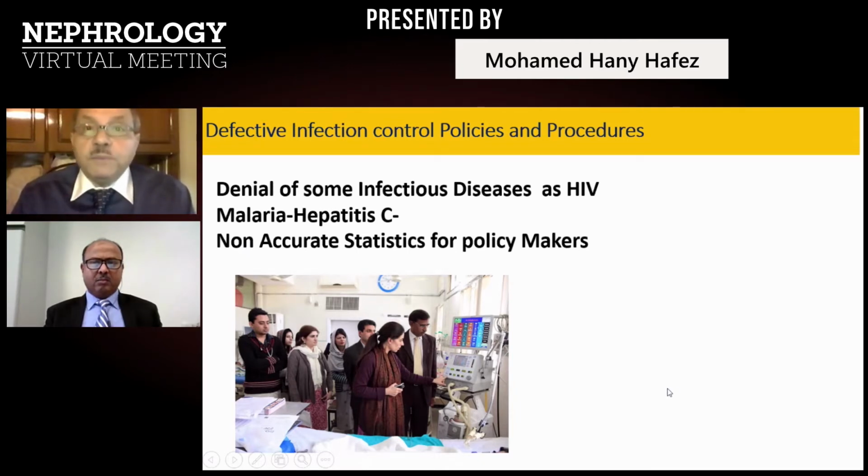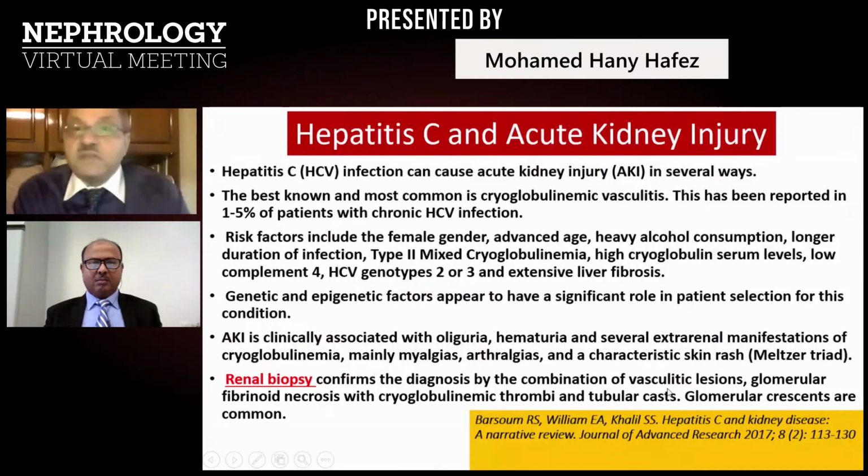And when we see, for example, how hepatitis C was causing acute kidney injury, we see it in several ways. The most common is the cryoglobulinemic vasculitis, which has been reported in around 1 to 5% of the patients, with multiple risk factors. And AKI is clinically associated with oliguria, hematuria, and several extrarenal manifestations of myalgia, arthralgia, and the characteristic skin rash of